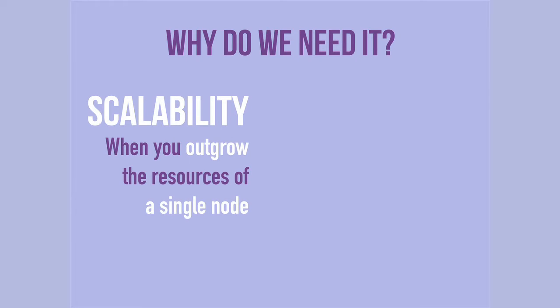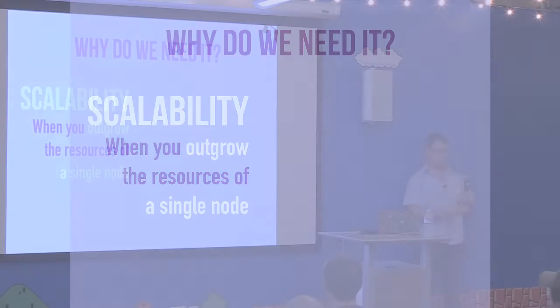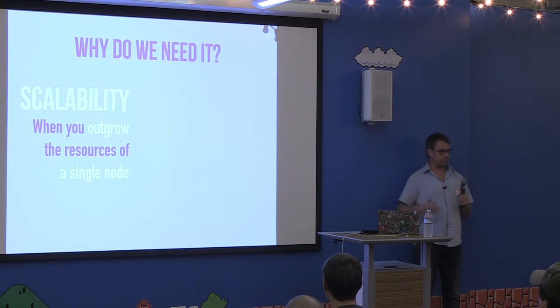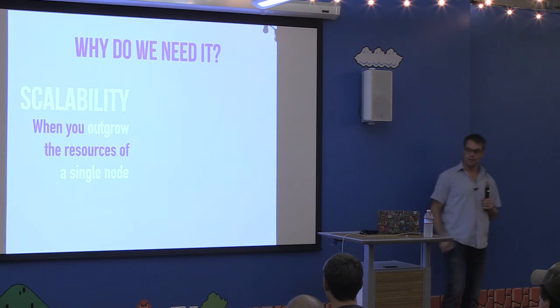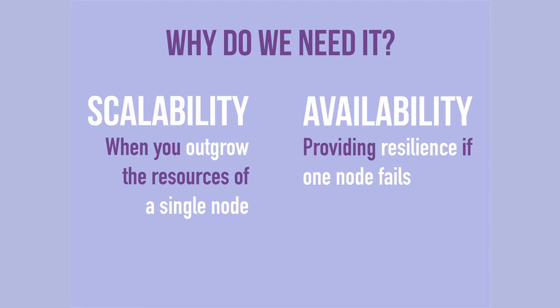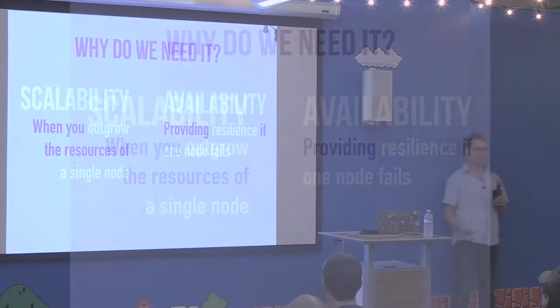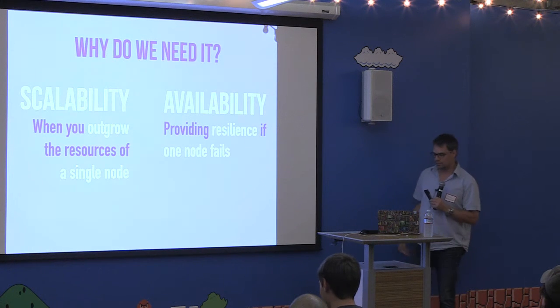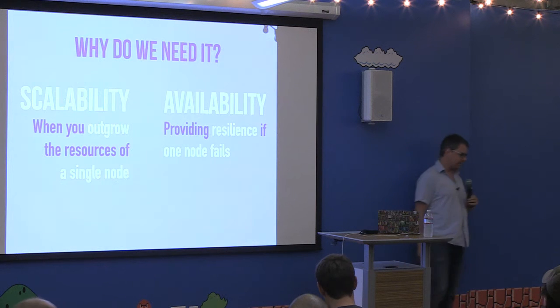But why would we need a distributed system? We need it for scalability reasons, when we outgrow the resources on a single node, then we need to go, as I said, across nodes. When we need to provide availability, you can't possibly provide full resilience and availability using a single machine, because the cleaning lady might just unplug it, right? That's actually happened. Roland told me a story where that actually happened.